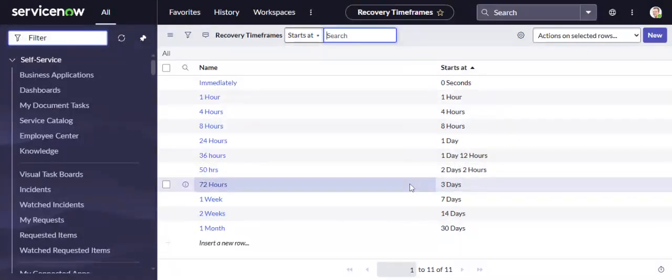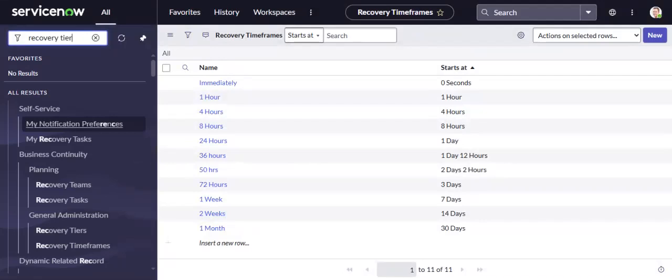After creating the time frames, you need to create the recovery tiers, right? Why? Because next, the BCM admin manager will create the mission critical and business critical recovery tiers. These will be used to group the recovery time frames we just created to assist with asset prioritization and the planning team. So we have to come to the recovery tiers,